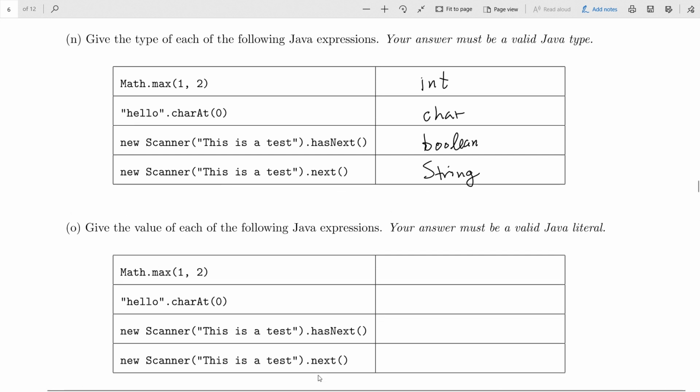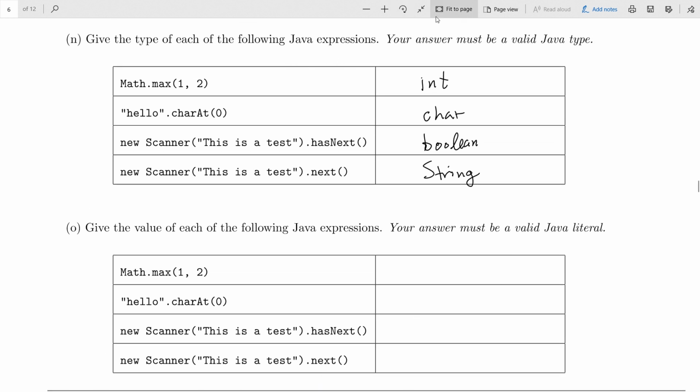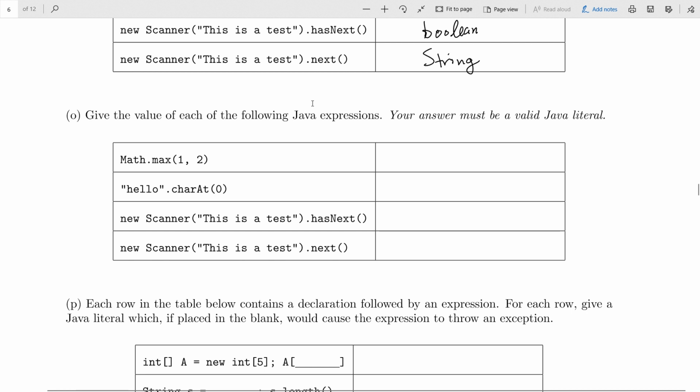What the heck? Oh, you're giving the value. All right, this was the type, and here's the value. I already asked a question like that. Okay, this was from 2014. Obviously, my test making skills have improved. So what's the value of this one? 2. H, and sometimes we're picky about writing the literal single quotes. Is there a next one? True. What is the next one? This.